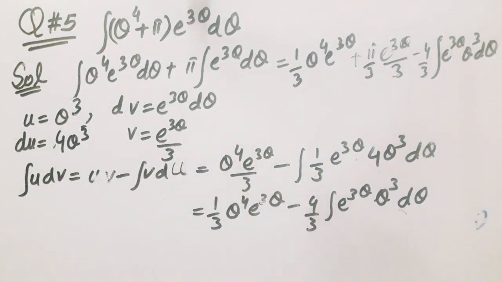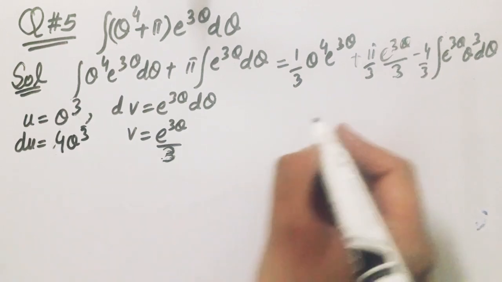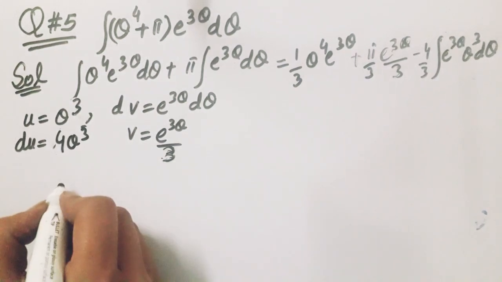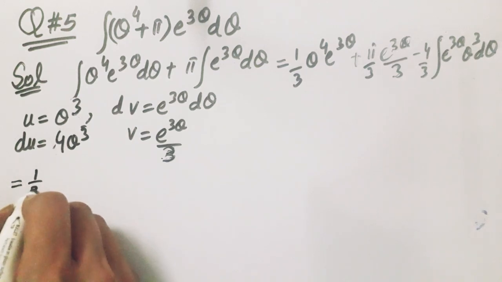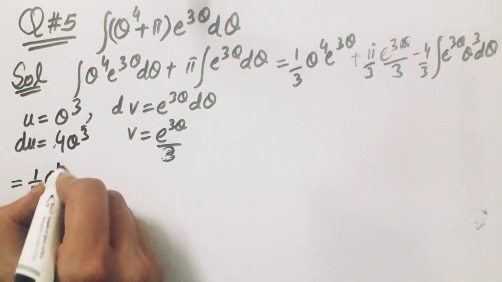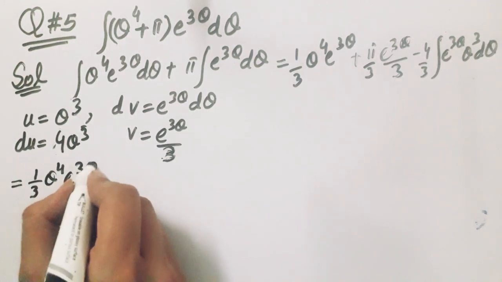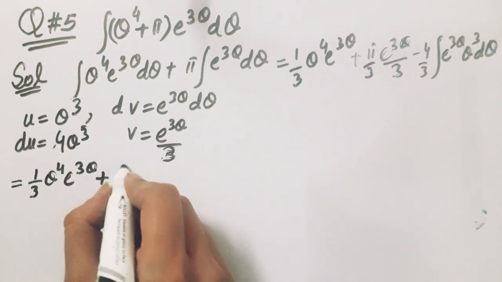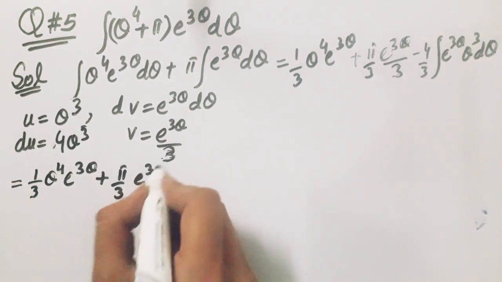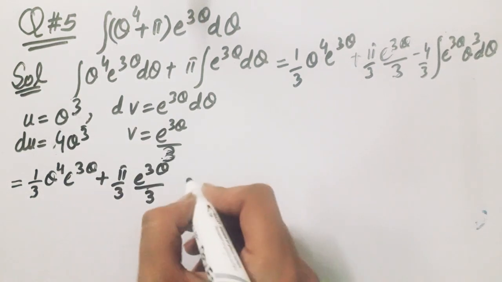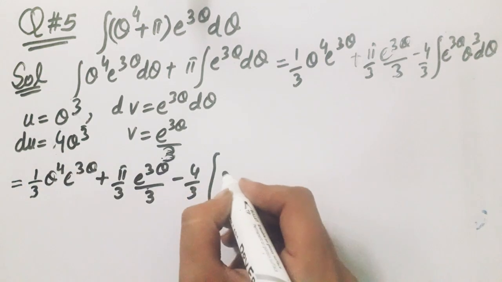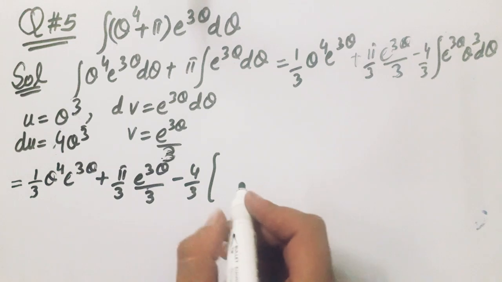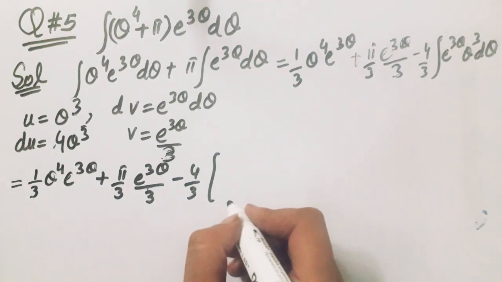Now we will solve this further. Now we will substitute the values here. We will get this equal to 1/3 θ⁴ e^(3θ) plus π/3 e^(3θ)/3 minus 4/3 into, by solving this by integration by parts, we will get